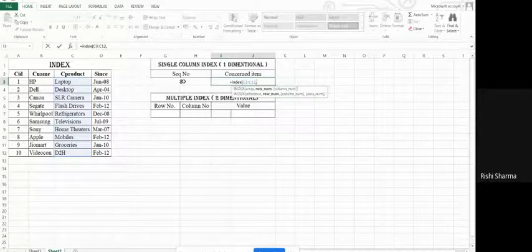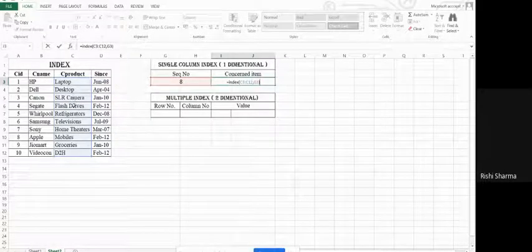This is the 8th position, so this is G3. I will say G3, and close the bracket. At the 8th position, counting 1, 2, 3, 4, 5, 6, 7, 8, I have mobile, so it should return the value mobiles.